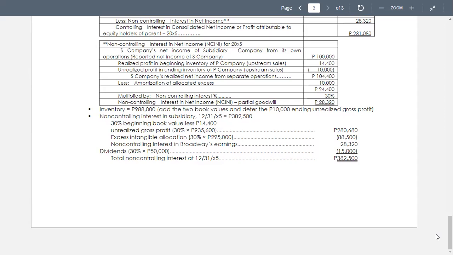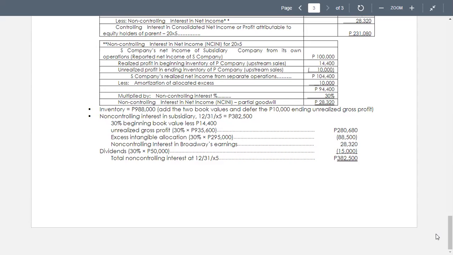S and T companies' net income from own operations, 1.5 million and 2.4 million, total of 3.9 million. Then we add to 3.9 million, we add realized profit in beginning inventory of P company, upstream